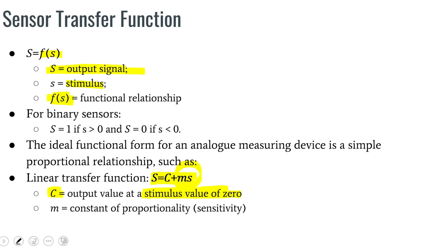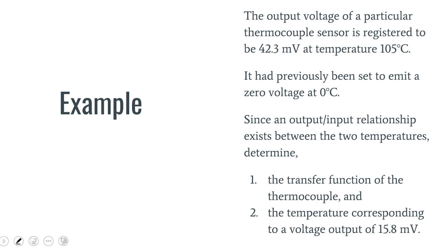We could understand this a bit better using an example. Let's take, for example, the output voltage of a thermocouple sensor. At 105 degrees Celsius, it is registering 42.3 volts, and at 0 degrees Celsius, it is registering 0 volts. Now, there are two questions: one is finding the transfer function, and the next is finding the temperature when the output voltage is